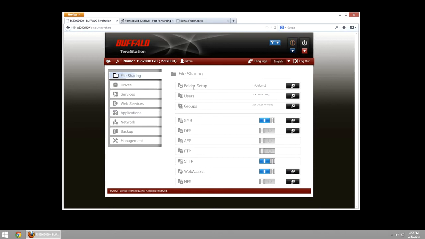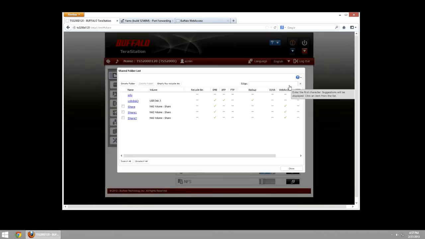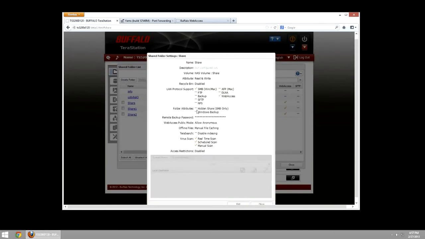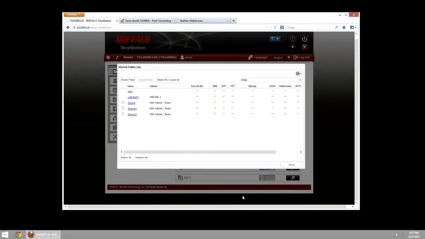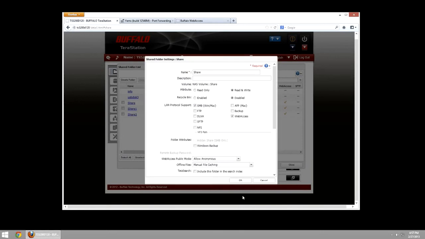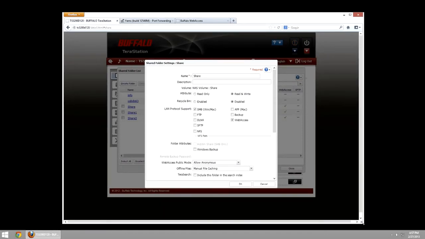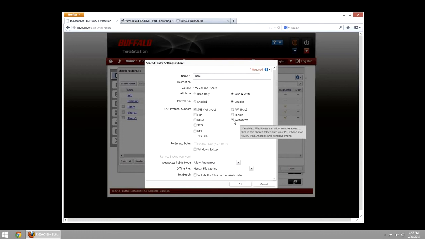So the way we do this is hop then into folder setup. I'm going to hop in here, and you'll notice I have share, share 1, and share 2 available. In these, you'll also notice I have web access enabled. I'm going to hop into share 1 and we'll go over some of these settings. If you already have a share, you can enable web access with it. If you don't have any shares yet, then you can enable it upon creating a share. All you have to do is check the web access button that you want this share to be available via web access. You could have some shares that are not at all available in web access and some that are available